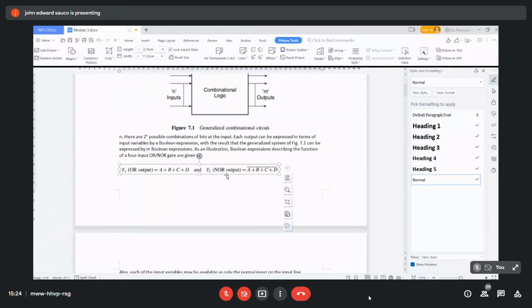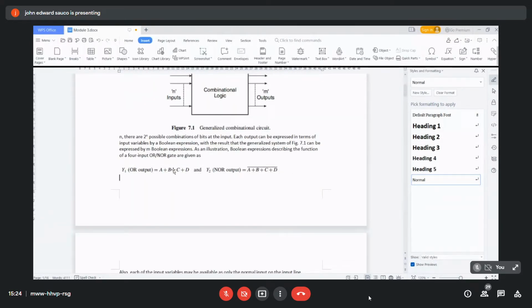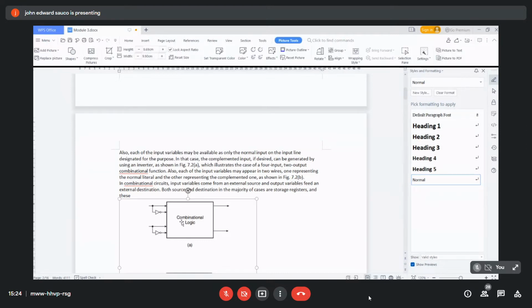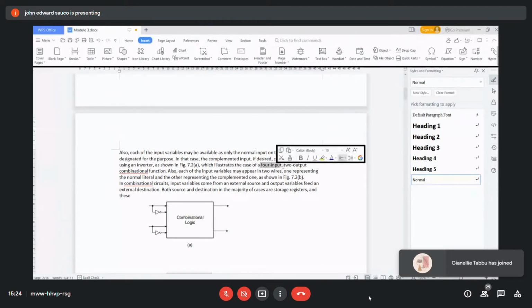So, siyang OR at NOR input. So, A, B, C, D. Yung output natin Y1 sa OR. Okay, so, siya is 4 input OR/NOR gate. So, yung input variable may be available as only the normal input. In that case, the complemented input is generated using inverter. So, ito yun. Nakikita niya. Meron inverter sa input. So, siya na ngayon is 4 input, 2 output